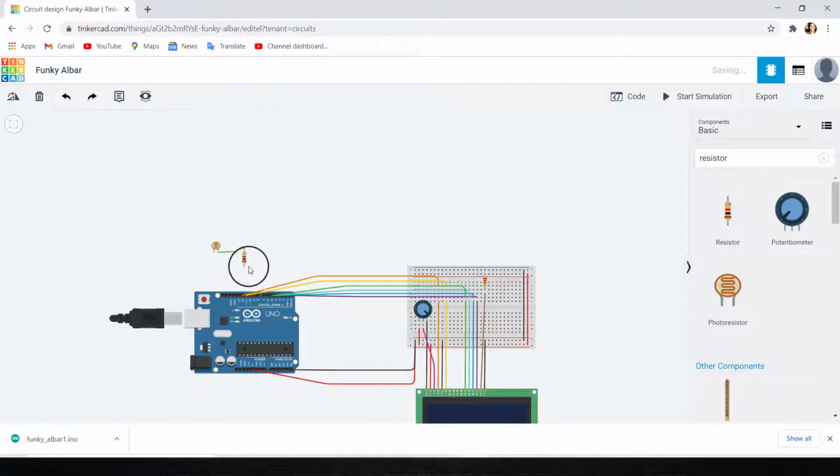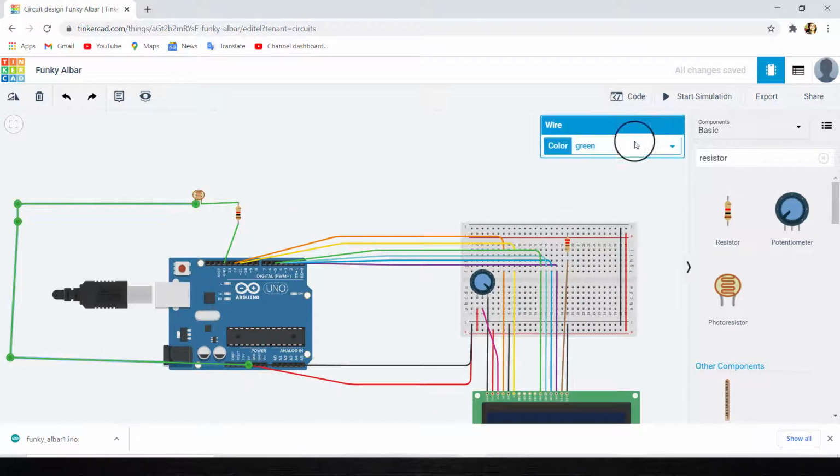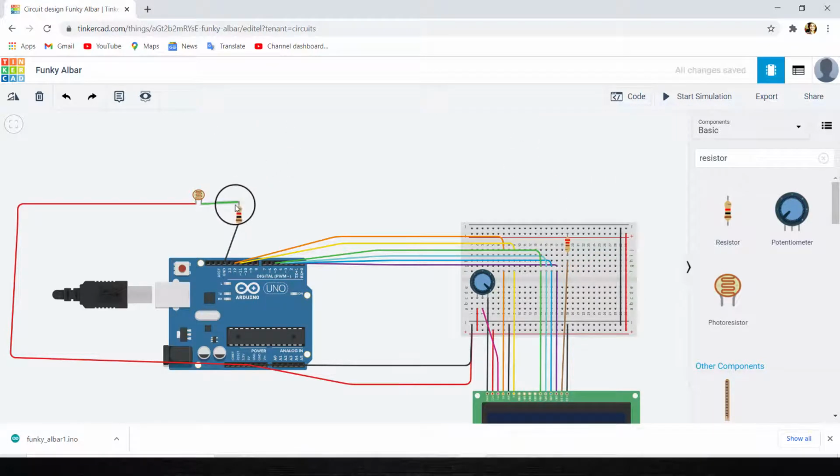Here we can see that terminal 1 of the resistor should be connected to the ground. The terminal coming from the photoresistor should be connected to the 5 volt, and that wire should be made red, because it is carrying the high value, and the other one black. But the place where the photoresistor is connected to the resistor, that terminal should be used